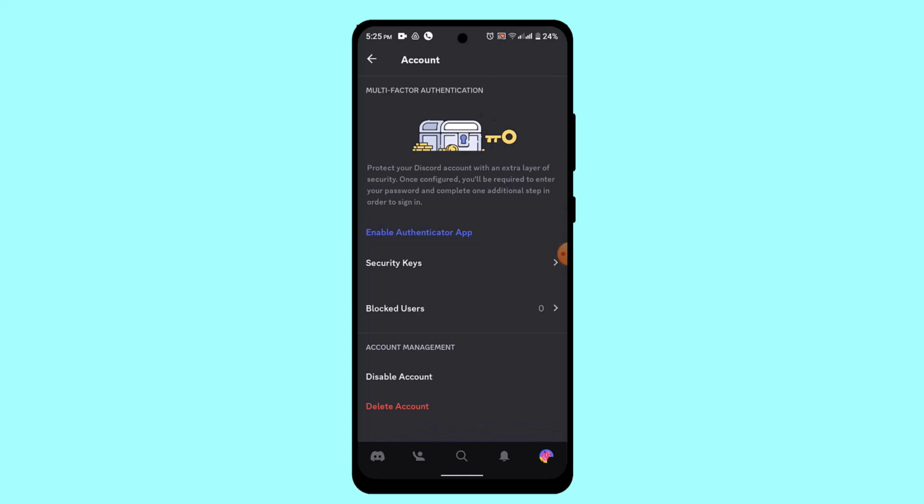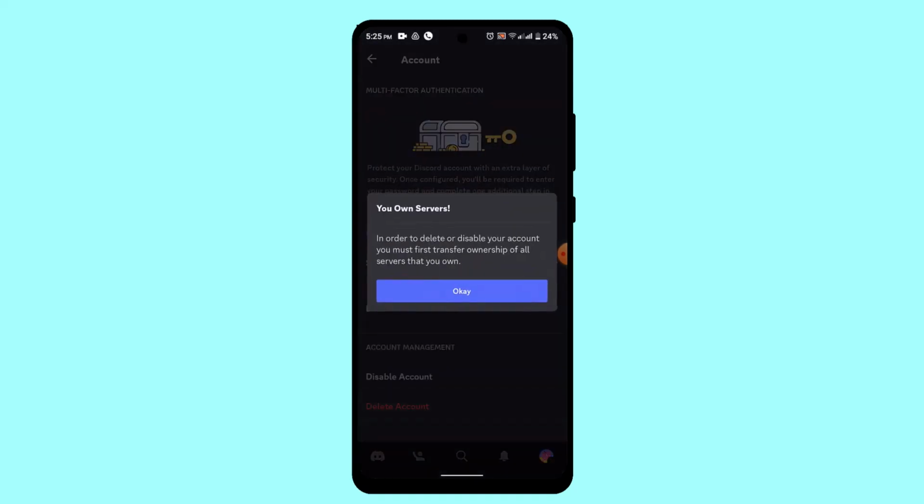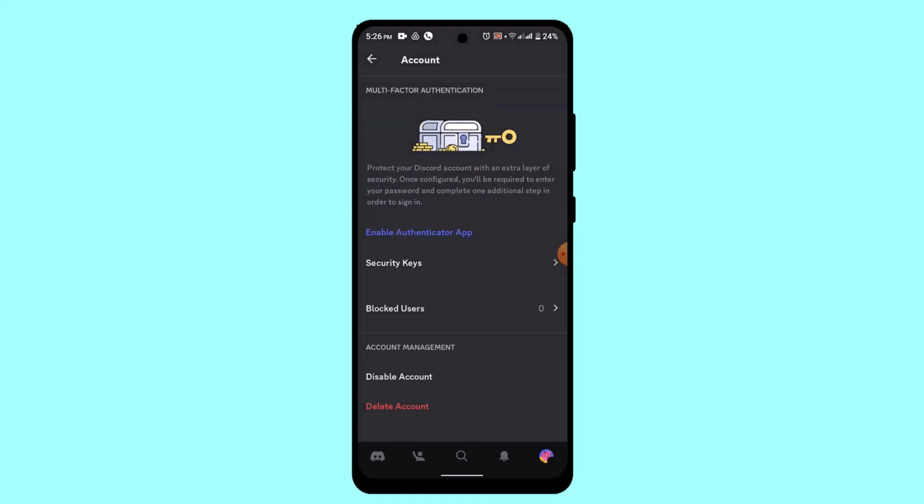Scroll down right to the bottom and you'll be able to find two different options, that is disable account or delete account. So you can find either one of it and select delete account. And in order to disable or delete your account, you must first transfer your ownership of the server that you own. So you'll need to go ahead and tap the OK button and make sure to transfer all of your servers. And after you've done that, head back to the same page right over here and tap the delete account